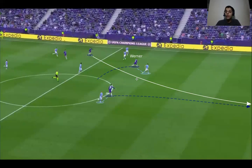Now, most goalkeeping coaches will advise you that when there's such a long through ball, he's effectively playing it from his own half, right? When there's such a long through ball being played, the attacker Havertz is, well, there's not much of a chance of him doing a first time finish, and his first touch is going to be a bit tricky with the pace on the ball. So what you do as a goalkeeper is you stand at the edge of the box and let the attacker take the first touch, and then make your move, try and slide into him and hold on to the ball,